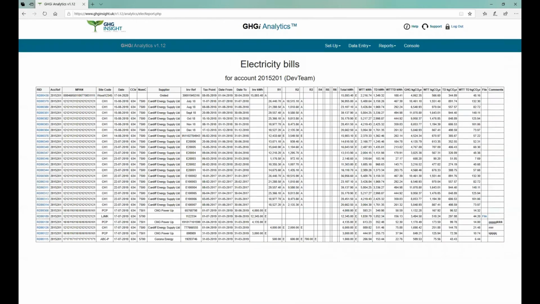This takes us to the transaction page for electricity bills. This page details all the electricity bill entries. It includes emissions from the fuel in question, electricity in this case, in addition to well-to-tank emissions, WTT, transmission and distribution emissions, TD, and well-to-tank emissions for transmission and distribution losses,